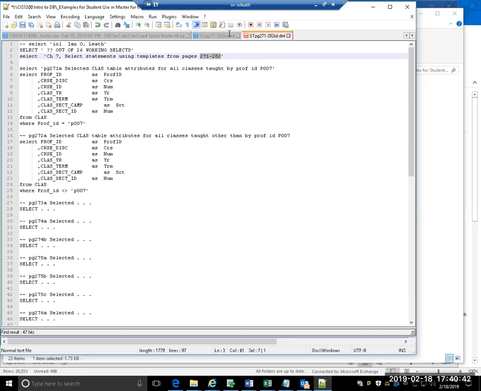And what the author does is a very good process of bringing you up to speed incrementally with select statements. So here's the general form of a select statement, but here is an exact working select statement. Now, in pages 271 through 282 is what you're going to be looking at every select that the author is